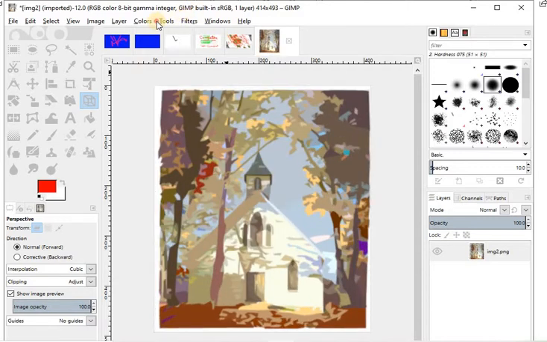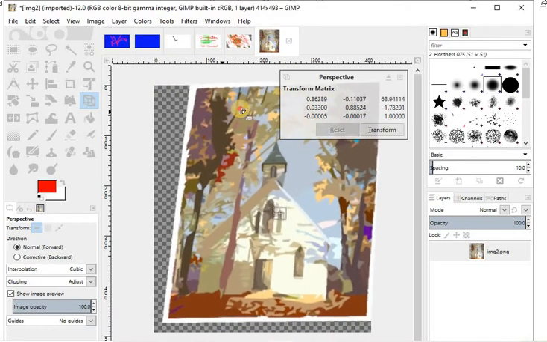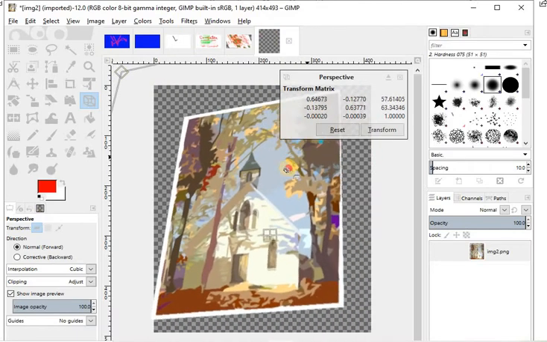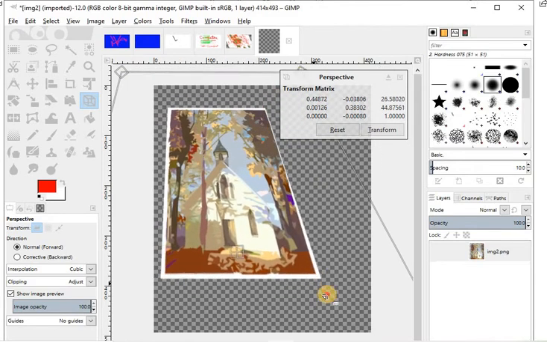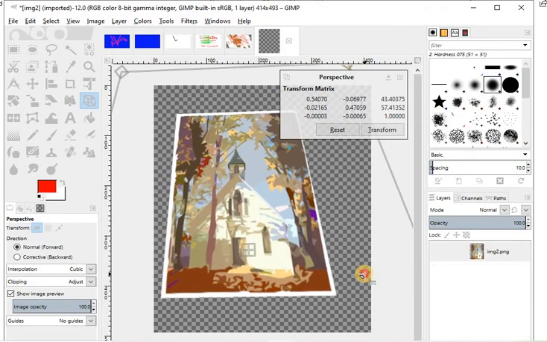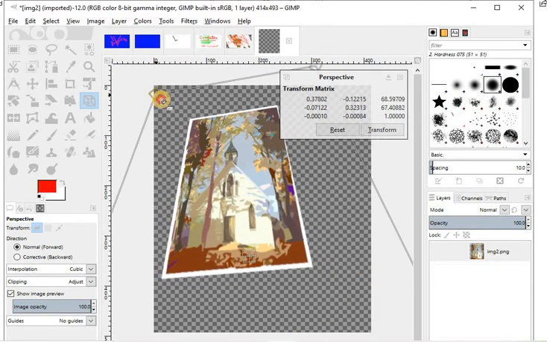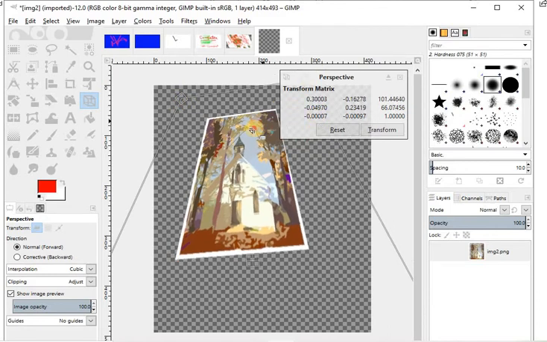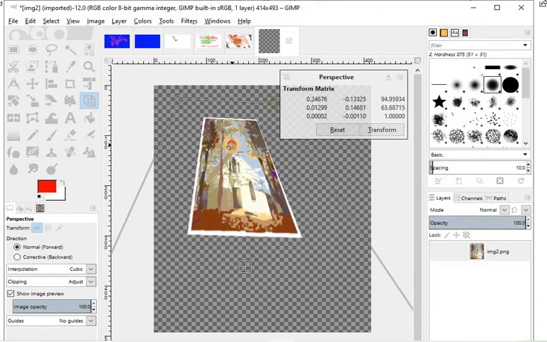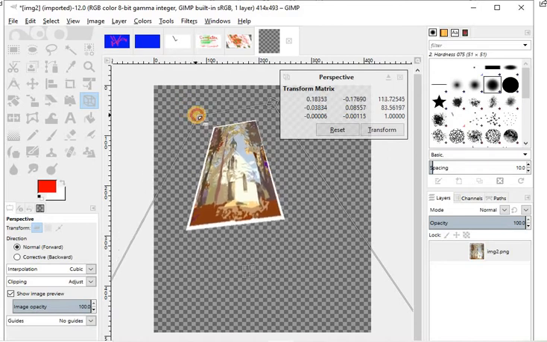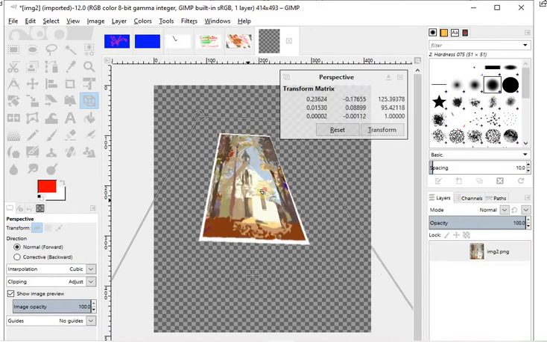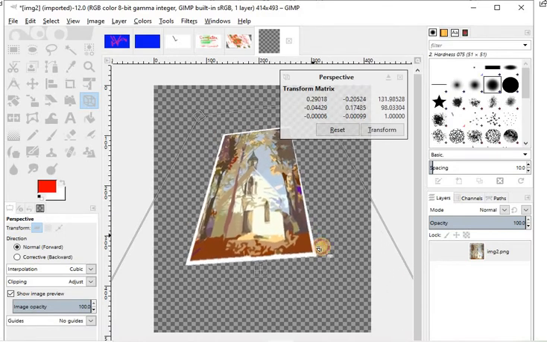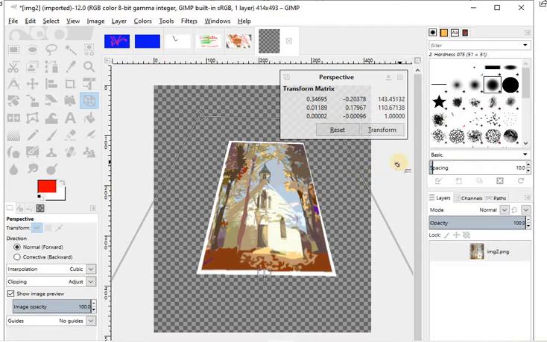Just make it unchanged. Again, go to the tools, transform tools, and go to the perspective tool, and see.